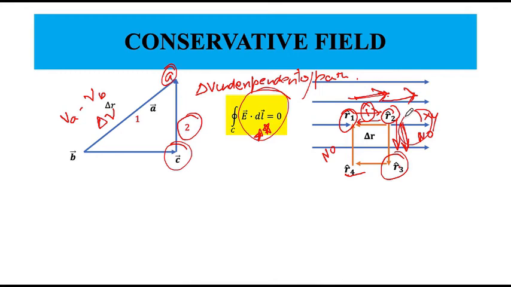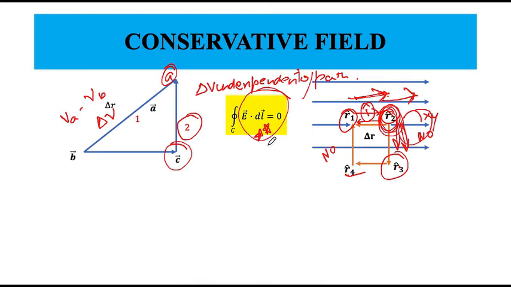Okay, so once we have done this complete closed path movement, we are back at the same point, right? We started from R2, went all the way around, and came back to R2. So this is a particular case. When we come back, we observe that the total work done must be equal to 0. So what would it imply in terms of potential? Well, it simply implies that the potential difference with respect to the same point will be 0.